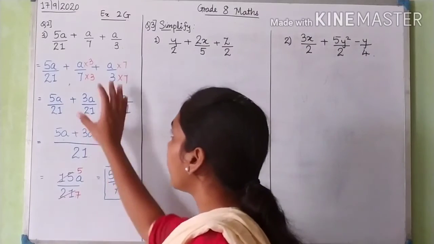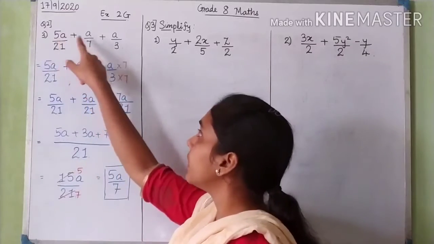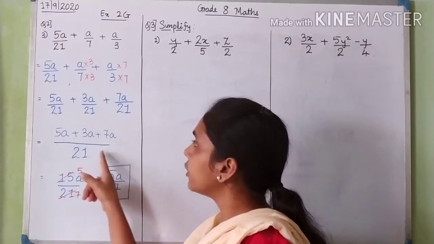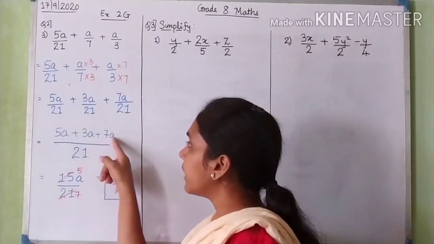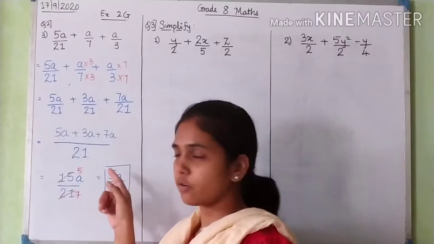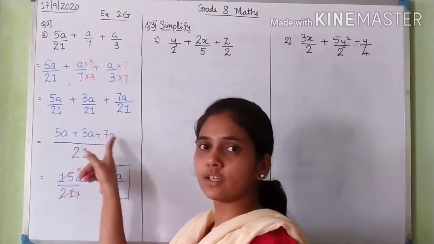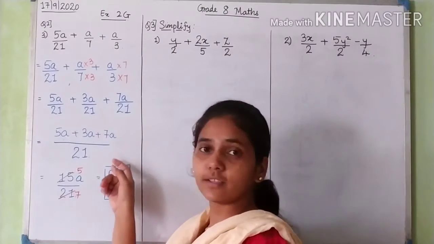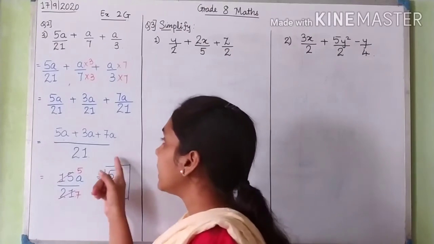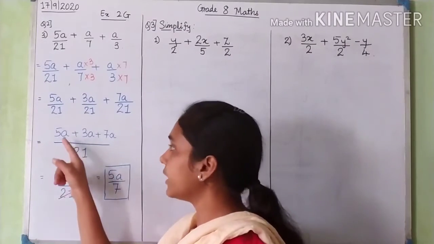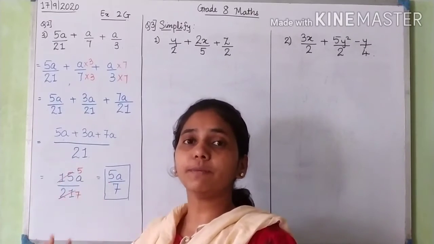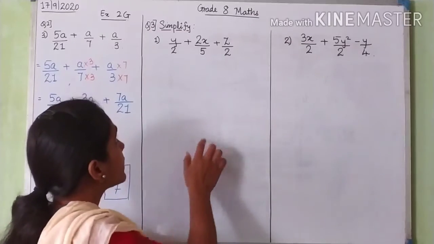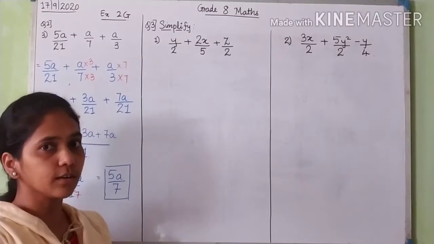Okay. So here in question number 2, we have seen all the sums in which the numerators were like terms, right? When we take the denominators equal, all the numerators have come like terms. This was also a term, this was also a term, and this was also a term. But in the next question, we will see that the numerators are not like terms. One will be a term, the other will be b term, or it would be a square term. In that case, how do we solve? We will see.